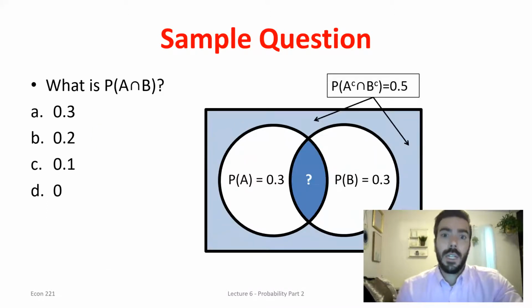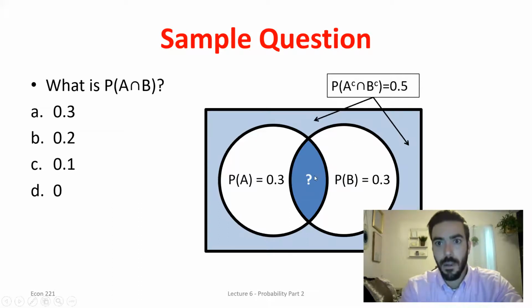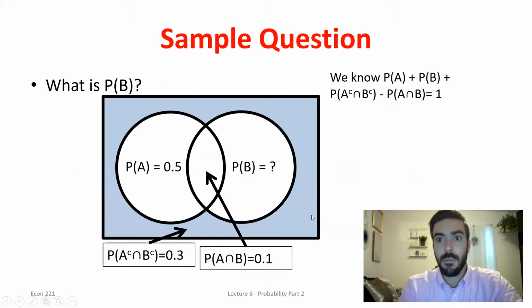I've got another one here. Might just be some good practice. I'm not going to go through it now. It's got the exact same setup. It's just now you don't know what the probability of the intersection is. So it's really just this same